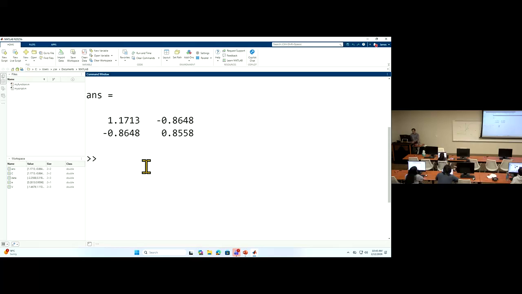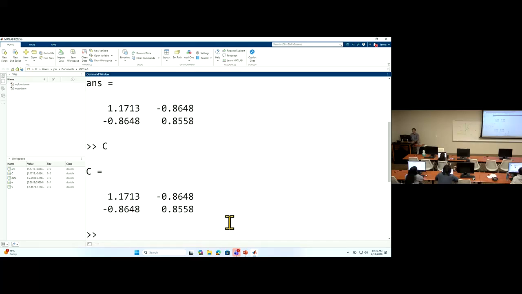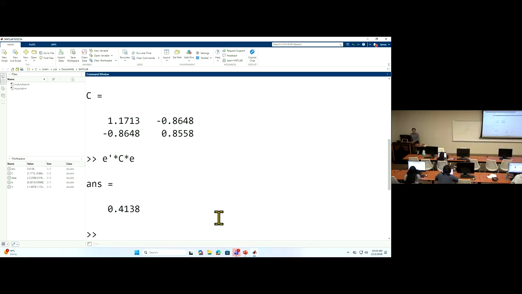And this covariance matrix will help us to compute this number in a different way. So if we have this, we can compute C times E. You get the same number because of this interrelationship between the covariance matrix and those projection results. Numerically, they are the same thing. And look at that, you compute the dot product, you get the same